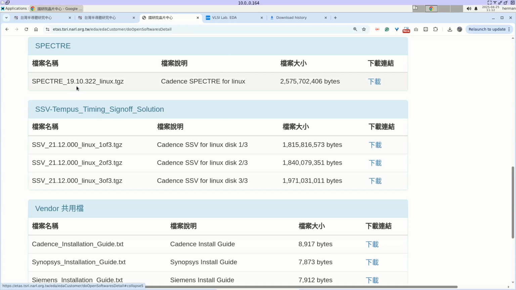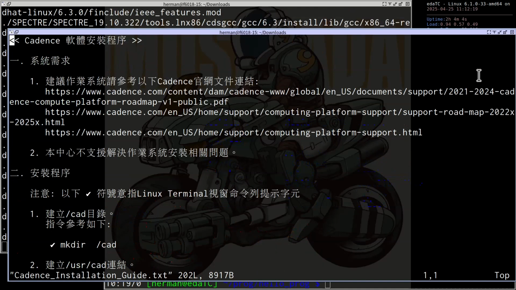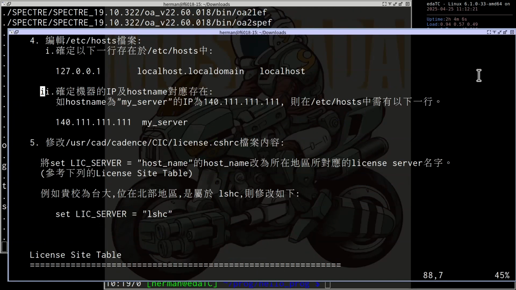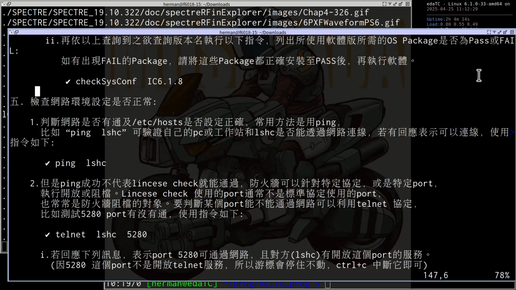Spectre is from Cadence, so you can check the Cadence installation guide and see its port. Its port is 5280, right? Remember? The license port for Cadence software is 5280.